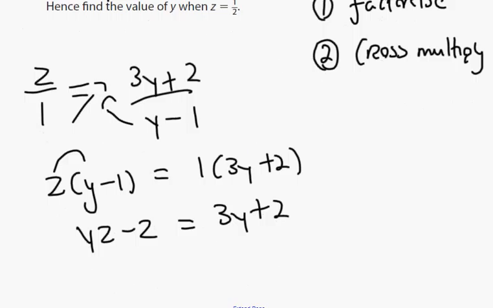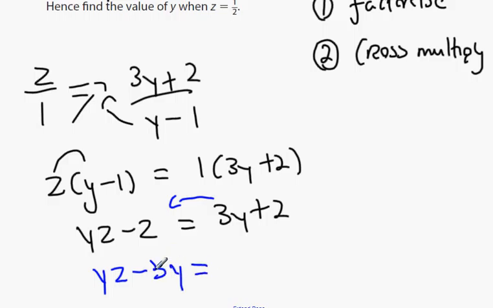So Alan, what do you do next? You bring the y, that y is z. That's a zy or yz. Do you bring the minus z? You could do that, or you could bring the 3y over the other side. Yeah. So we're going to get yz minus 3y